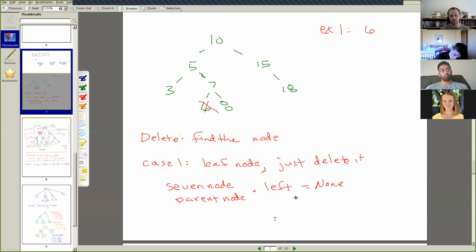So previously, the parent node dot left was equal to some other node instance, and by setting it equal to none, that just deletes it from the tree, so that next time when we go through the tree and hit this 7 spot, we'll look at the left child and we'll say that none, there's nothing there.